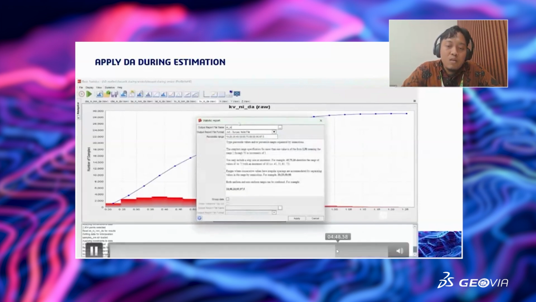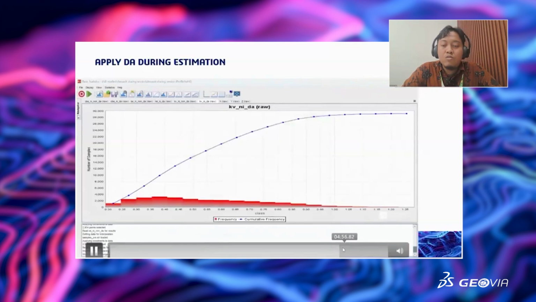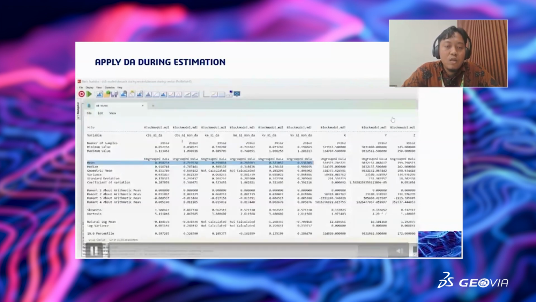Here I will call the report file just to know the mean value of our estimation parameters. If you take a look at the conditional bias slope, it is bigger with the dynamic anisotropy, so it is good. And the efficiency is bigger also.